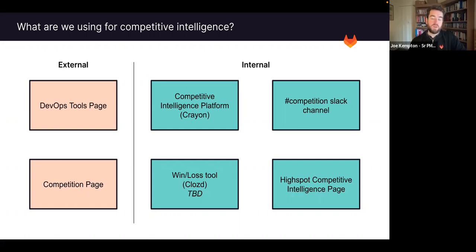We are then also in the process of procuring a win-loss tool, which is probably going to be closed. And that's going to help us, as I mentioned, better dive into those third-party interviews with companies to understand where we're winning and we're losing. And also, ultimately, as another source of competitive intelligence, we have the HighSpot page, where we're trying to combine all